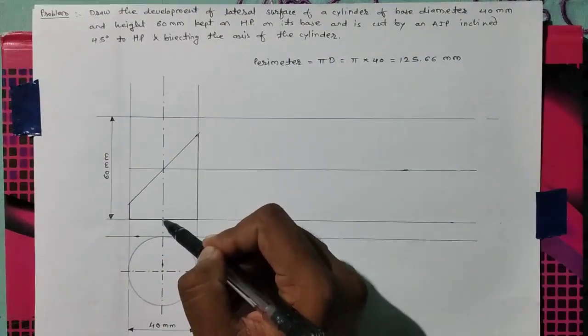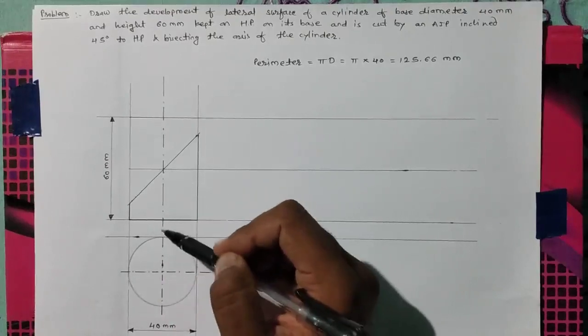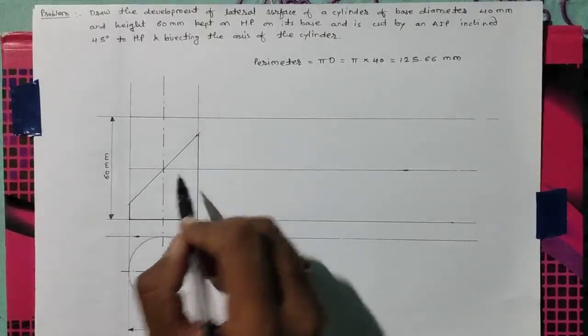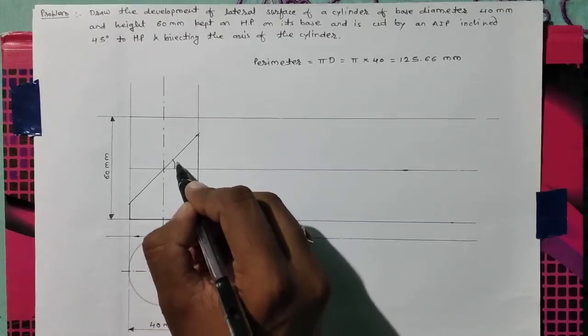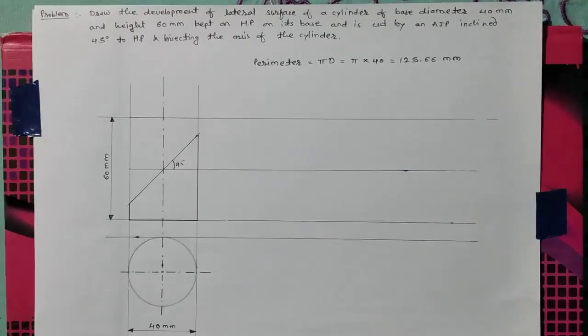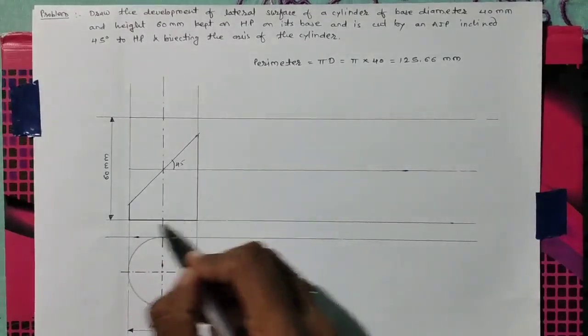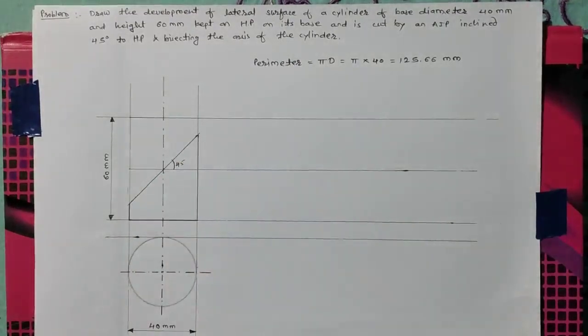We have to take the distance of 30 mm from this base to this axis. After taking this distance, this plane is cutting at 45 degrees, so we have to draw this line at 45 degrees and complete it. After completing this line, make the bottom part of the cylinder dark and the upper part should be faint lines, that is projection lines. Here we complete only the vertical cylinder, and now we have to go for development.